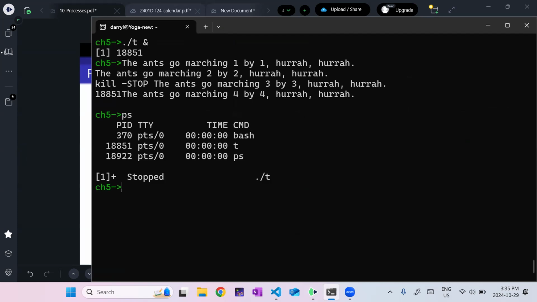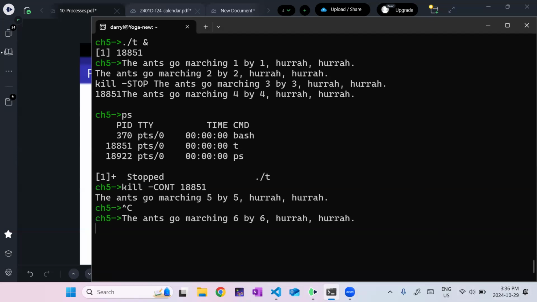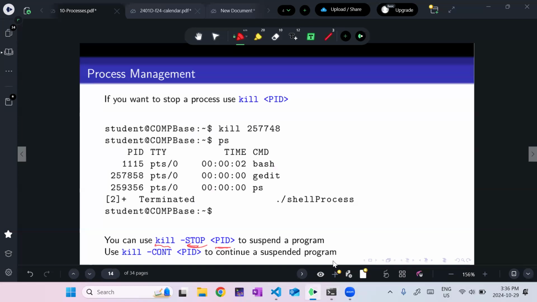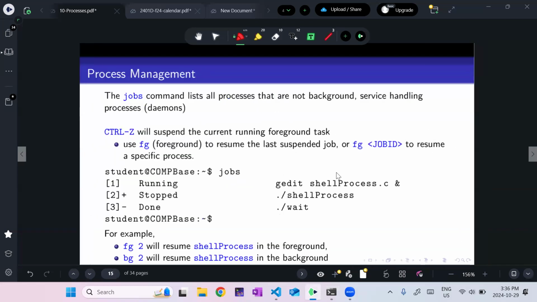And if I list my processes now, I can see that this one is stopped and I can tell it to continue by doing kill CONT and then it continues. And then I can do the Control C to interrupt it. Oh, no, it's in the background. I can bring it to the foreground and then interrupt it and then it's done. All right, so there's lots of interesting things you can do. Again, the background and foreground commands, instead of process ID, you will use the job number, right?